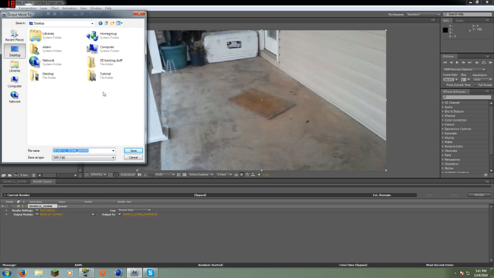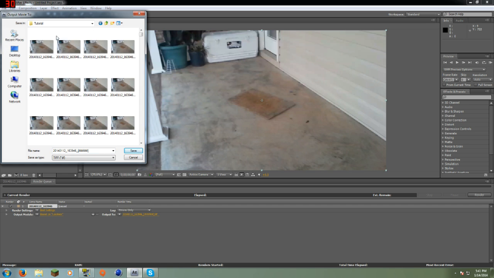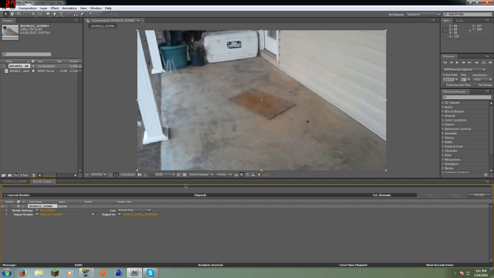And you find wherever you want your thing to save. I'm just going to tell you flat out, I would put it in a little folder on your desktop, because if you don't, it's going to clutter up your desktop with pictures and it just will be a mess. So just put it in a folder, and since I've already got this, I'm not going to do it again, but you just check all this stuff, put where